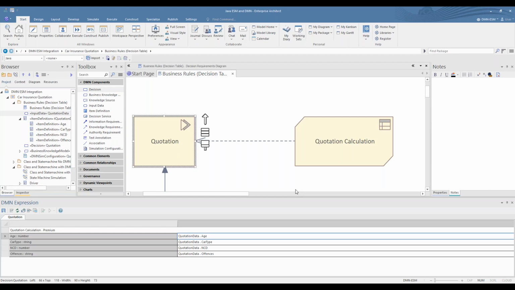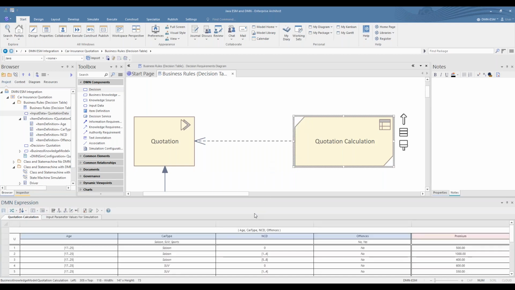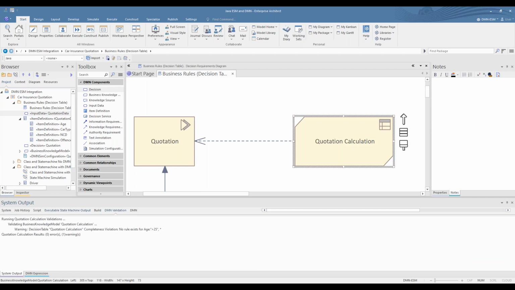So now we are ready pretty much to go. But there's one important thing you need to do. There's no point generating code or simulating the decision table unless it's been validated, which we can do here. It validates the table. And you'll get one of three scenarios.